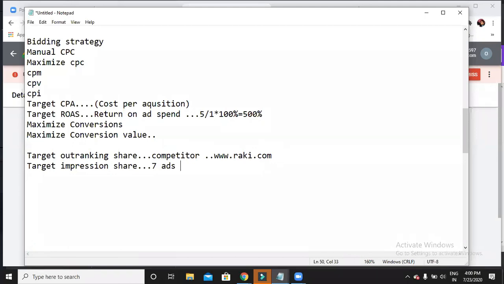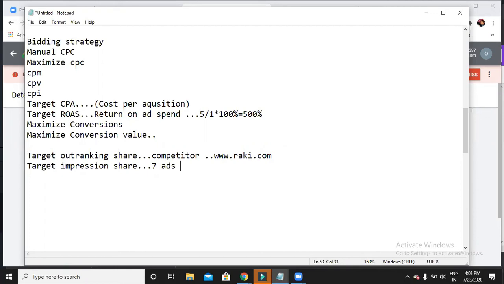That is one option. One more option is anywhere on the page, either second, third, fourth, or seventh result. Wherever it might be, I want to show my ad definitely somewhere on the page when someone searches. So you use target impression share when you want to always show your ad whenever someone searches with your targeted keyword. Again, it is a bit expensive, guys. Why? Because we are always trying to show our ad absolutely on top of the page or anywhere on the page. That's the reason it takes more money.